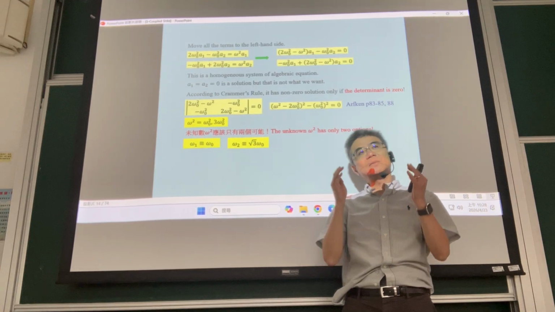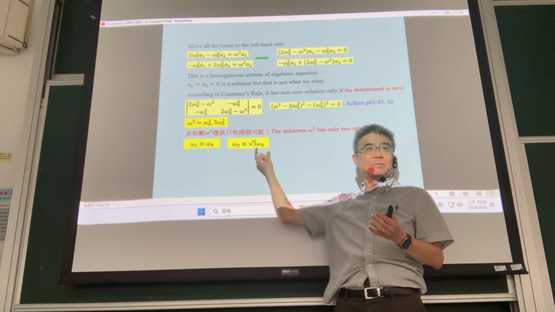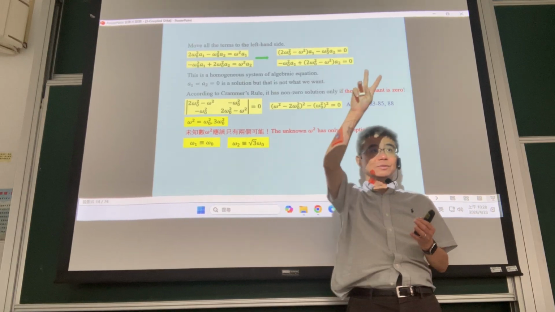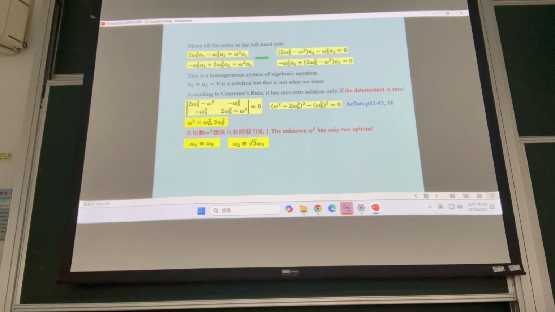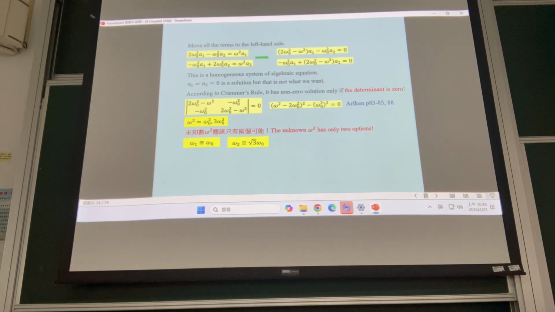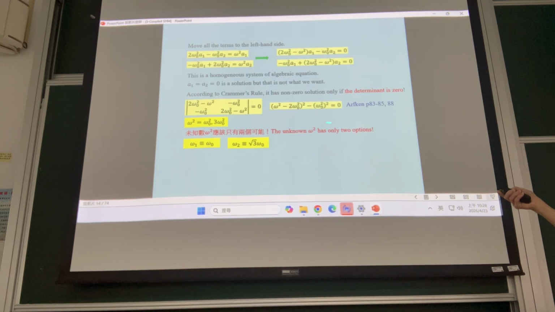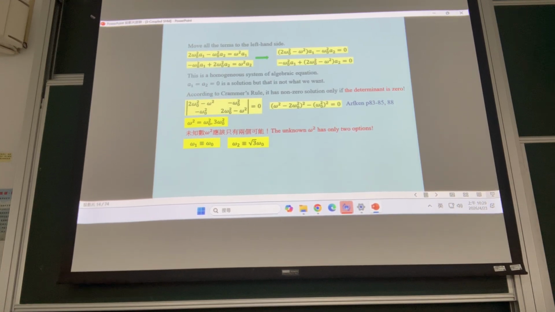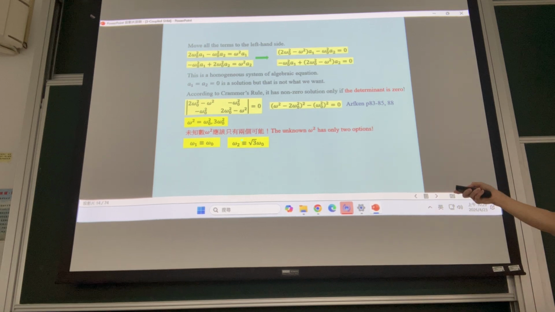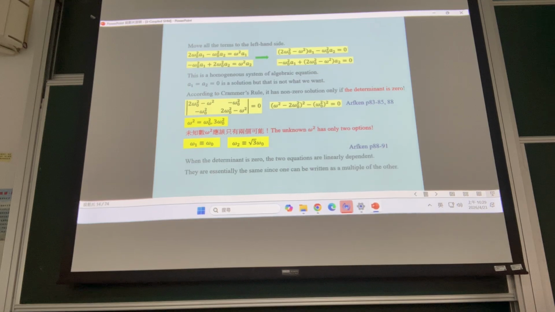So for a system of oscillation, the frequency could be different. But still, we have two solutions, this and this. Is that clear to everybody? 好，所以呢 yeah, the unknown omega squared only has two options. Either it is equal to omega 0 or it is equal to square root of 3 omega 0. Okay, so